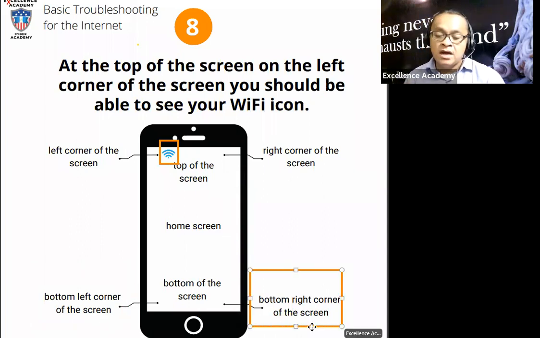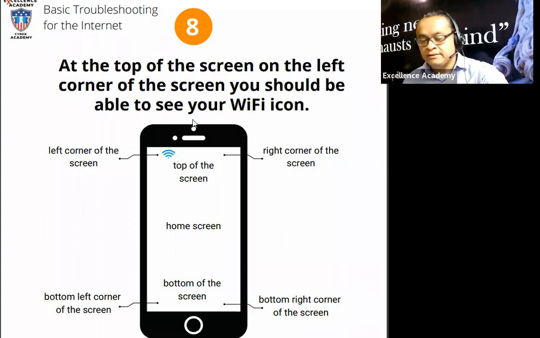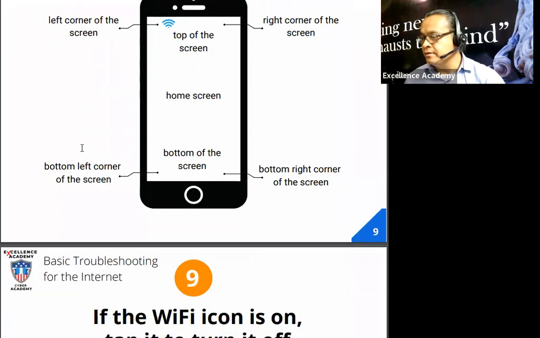So depending on where the icon or the option is located, we need to guide the customer towards the correct location on the screen. Okay, so that vocabulary is important. Number 9,